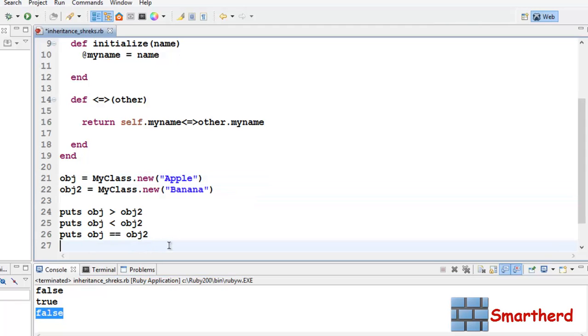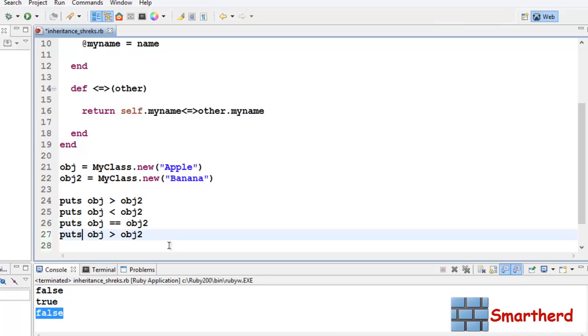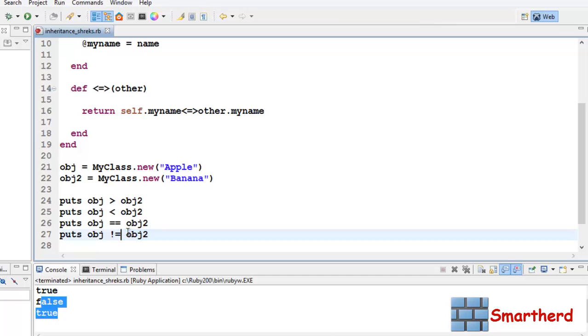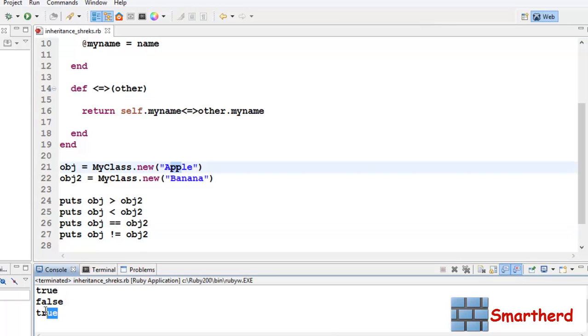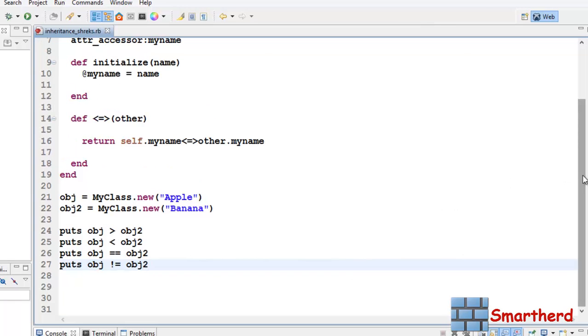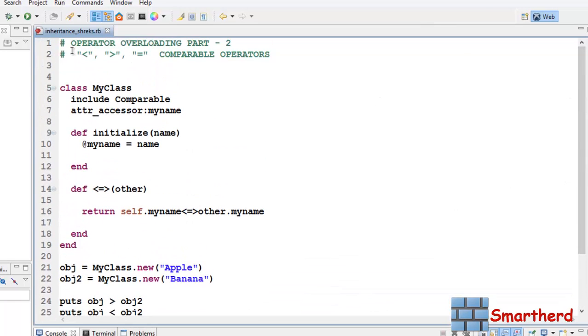And again let's write not equal to. Let's save it and execute it. Yes, true. Apple is not equal to banana, that is why we are getting true. So we are getting four outputs like this: false, true, false, true. This is how we can overload the three operators: smaller than, greater than, and equal to.